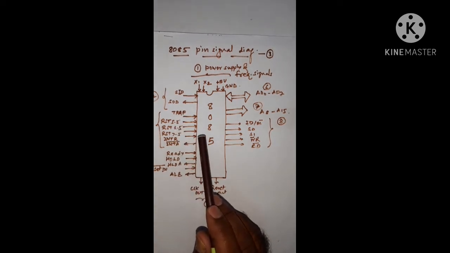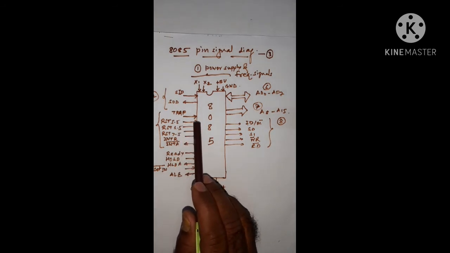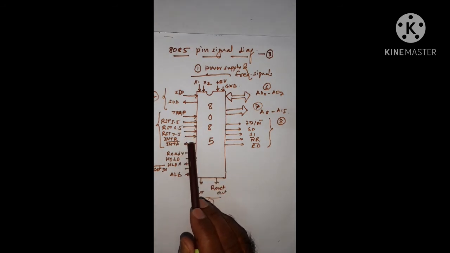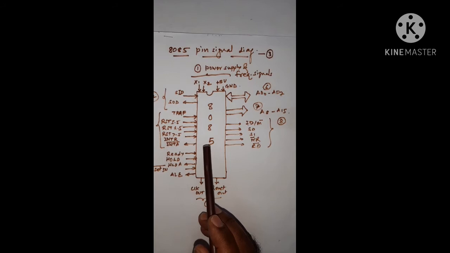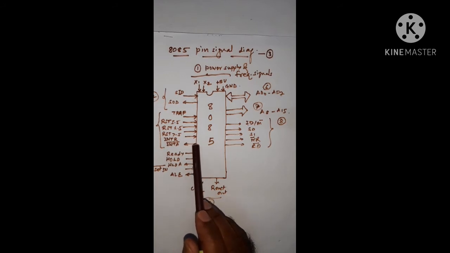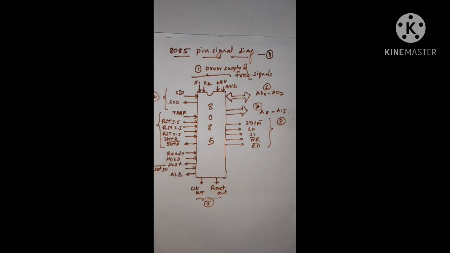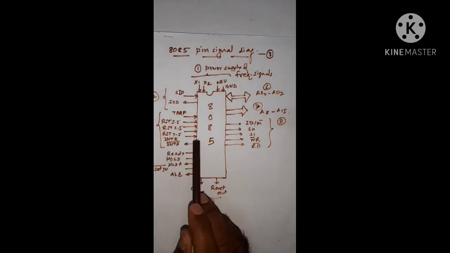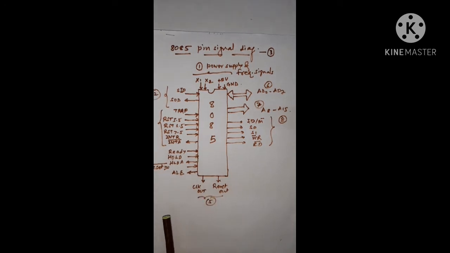These are 5 interrupts. Except INTR, the remaining ones have their own vector addresses. We are going to learn that in a few minutes. When any interrupt is received here, the program control can be transferred to a particular address as per the vector address given in the table. We will see that after a few minutes. Its acknowledgement is given back by the INTA bar pin, and INTR is the interrupt pin to receive the interrupt.